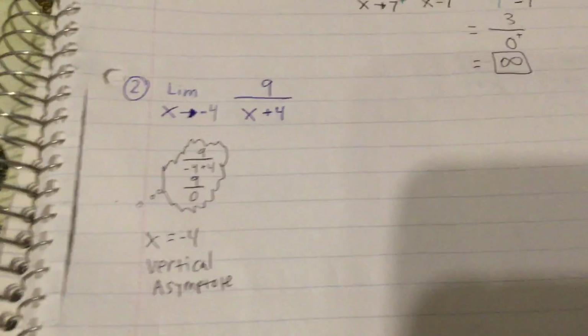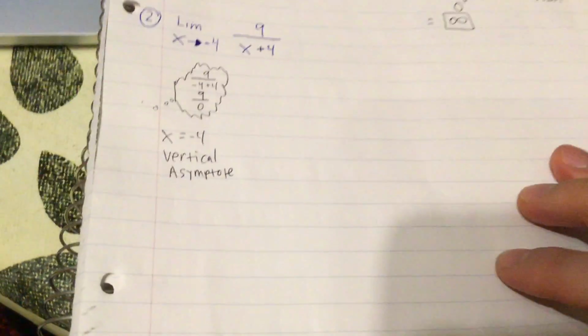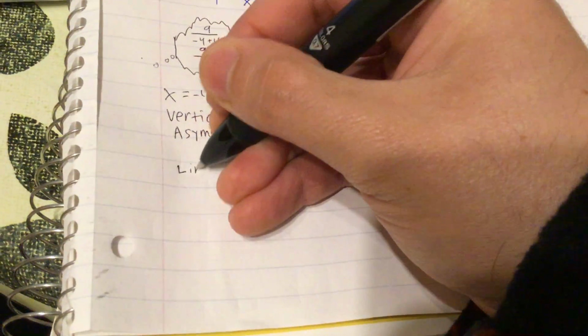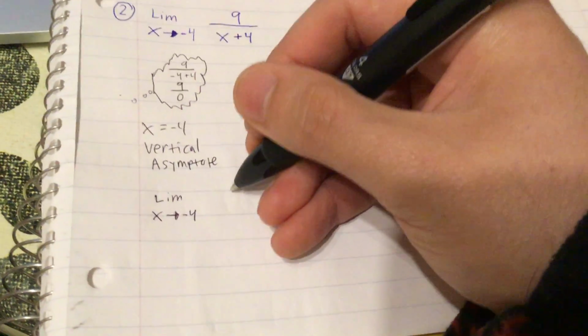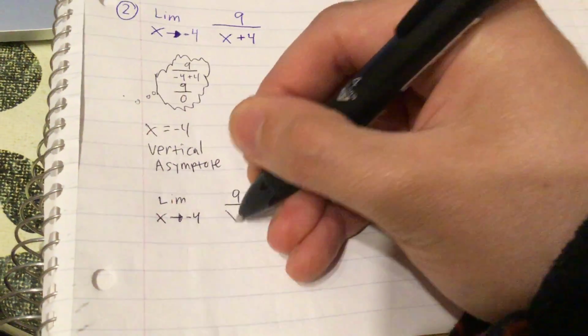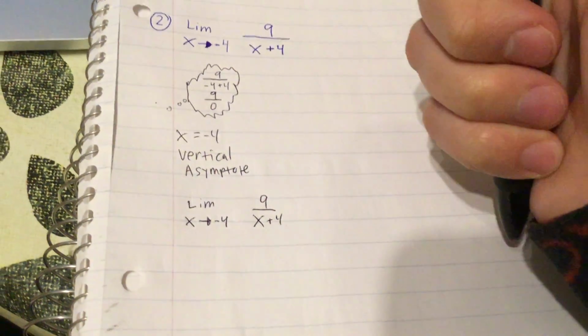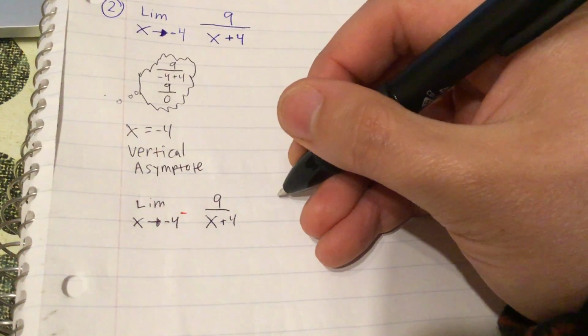Okay? Now, we're going to explore, so I don't need to write it so much in detail, left-hand limit, right-hand limit. So you get the idea that I need to take the left-hand limit as x approaches -4 of 9 over x plus 4. I'm going to take the left-hand limit. All right, come on. So what that means is I'm going to think